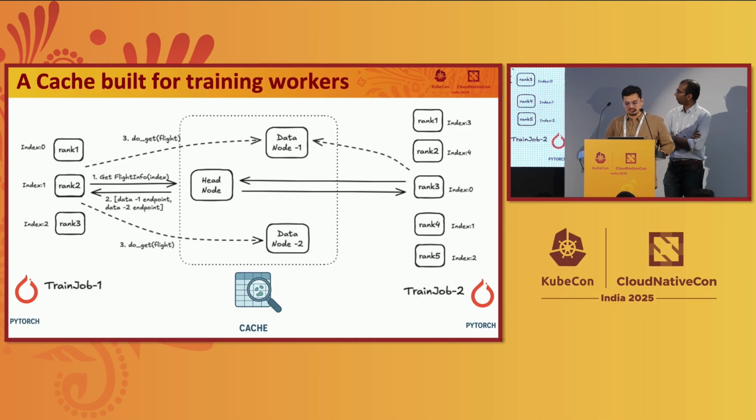Johnu again talked about the challenge that you have data in a central place, which is the cache in this case, and we want it to be accessible from heterogeneous training jobs. I have an illustration for the same here, where on the left, you see that there is a training job based off PyTorch with 3 workers. And on the right, you have another training job with 5 workers. The amazing thing here is dynamic allocation, right? So for instance, if